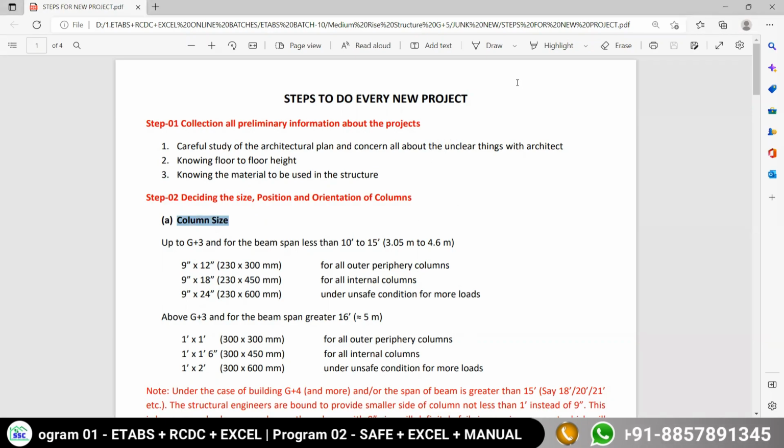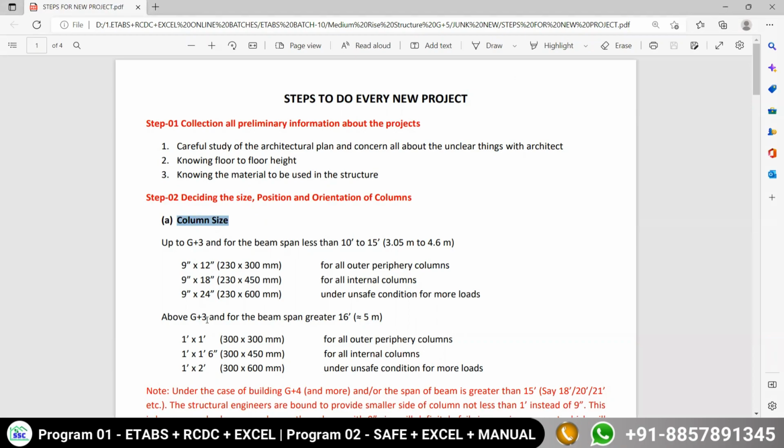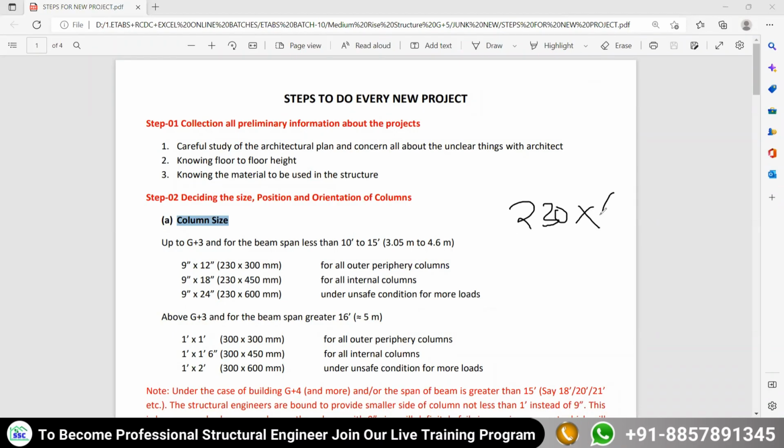Okay. So in the light of all these recommendations for the column size, we have decided that the column we are going to use for our proposed structure is 230 by 600. I'm not going to discuss all these points again. Now next, after that